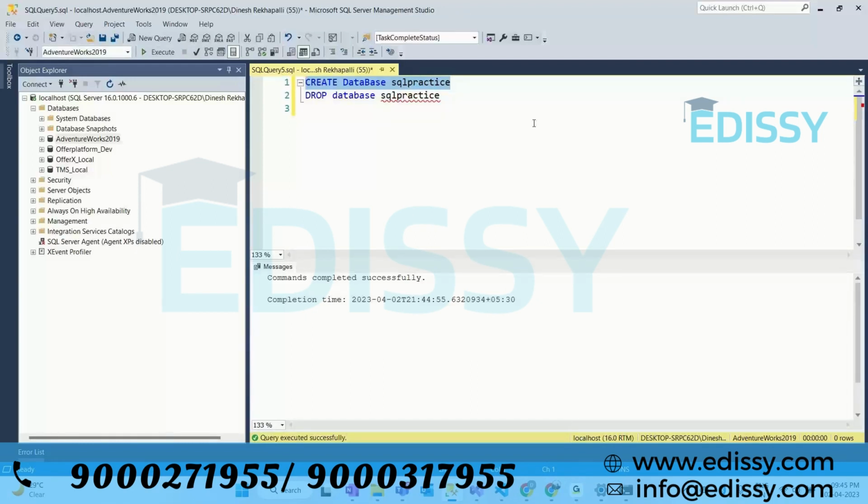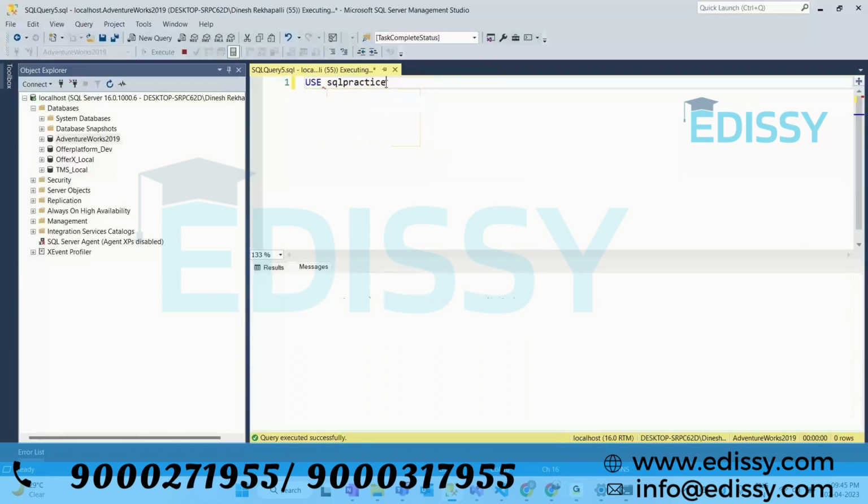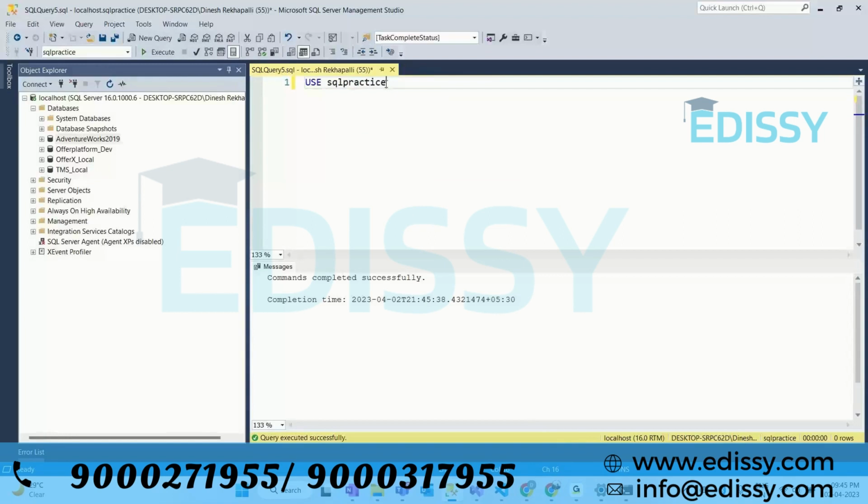Some relational databases might be case sensitive, so we need to be a little bit conscious there. But by default, SQL Server is not at all case sensitive. So whatever the keywords case is, it doesn't bother about that. Right now we have created a database. Now, once the database has been created, we can switch to that particular database in two ways. One, using the command use followed by the database name, SQL practice. See, on the left on this bar, you can see which database